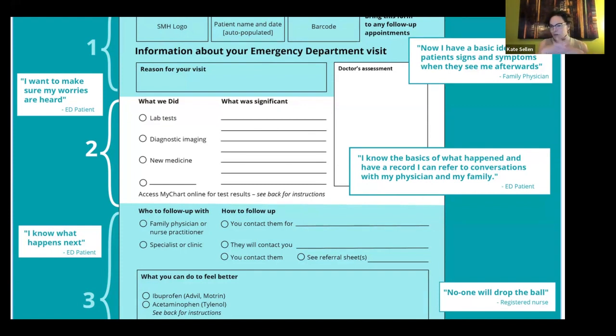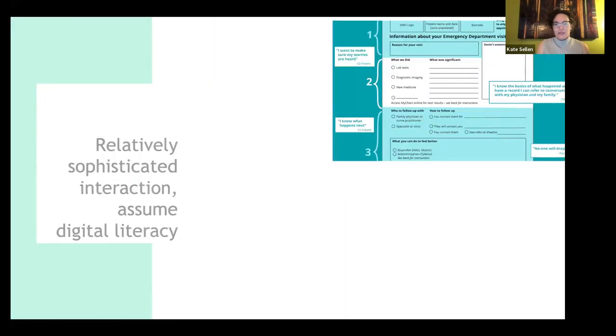So it's actually super simplified. It appears to be not a particularly sophisticated tool, but there was a lot of work that went into this to make it kind of an elegant information design. And you can see a few quotes there from different participants. So this was actually a really nice segue into what happened next, which was